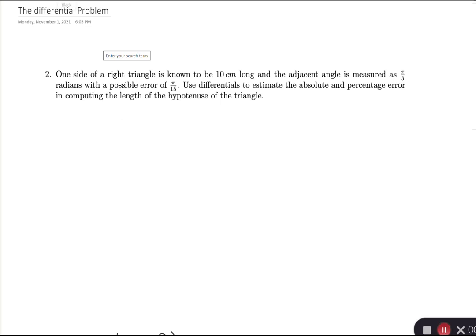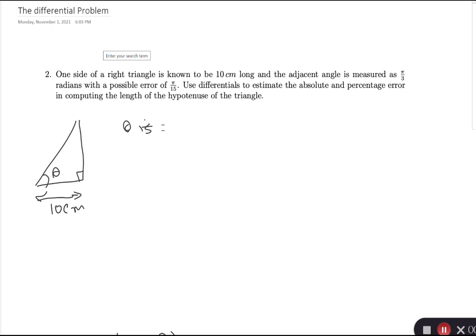So in this problem, it's asking about one side of a right triangle. So let's draw a right triangle. One side is known to be 10 centimeters, and that's the side that is exact. For Calculus 1, we need constants and variables. Then the adjacent angle is measured at pi/3. So this is the angle theta, and theta is